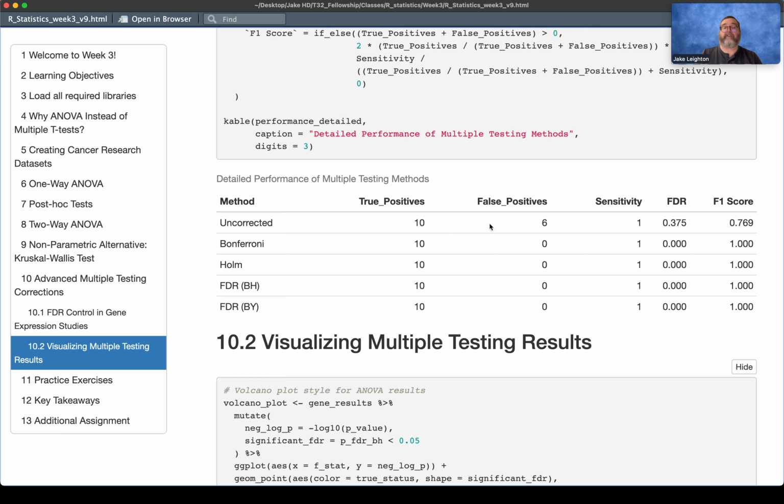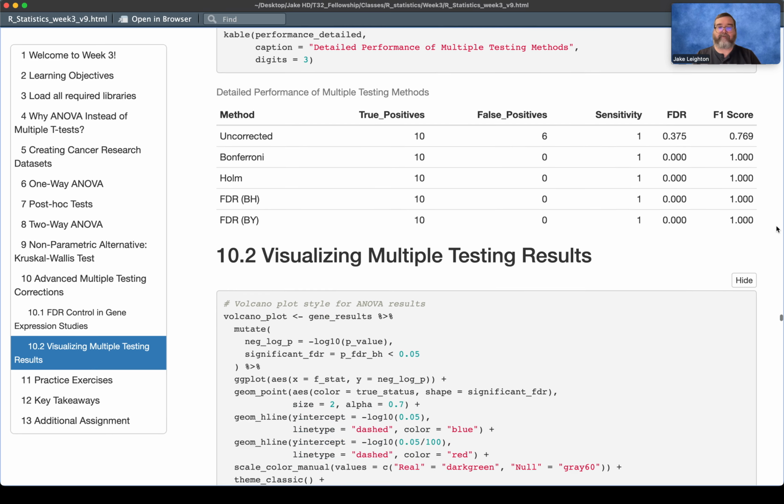Well, we found that the uncorrected version found 6 false positives. So there was an issue with that, right? And the FDR wasn't quite as good because of that. But when we made our corrections, all 4 of the extra methods were able to find those values and make them the true positives and give us great F1 and FDR scores. So just another way of looking at it, where you don't get confused by trying to correct for different